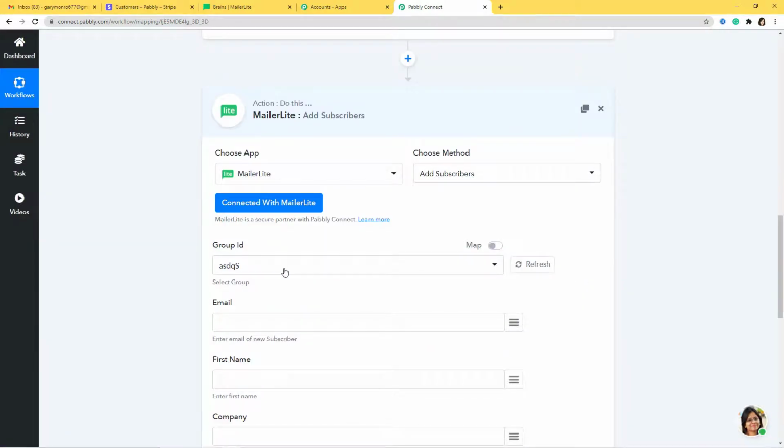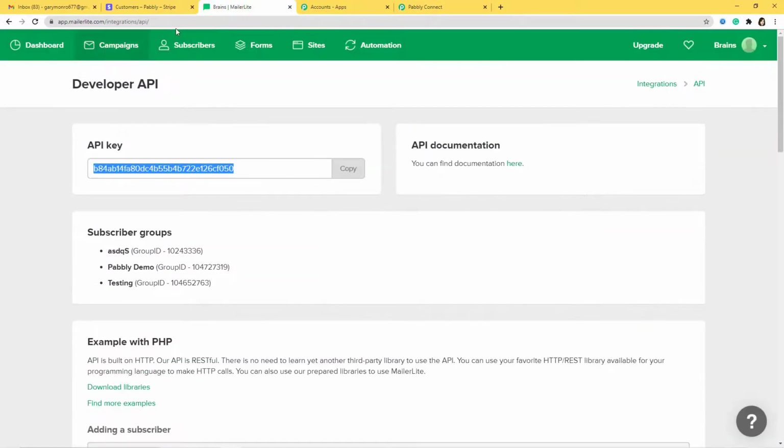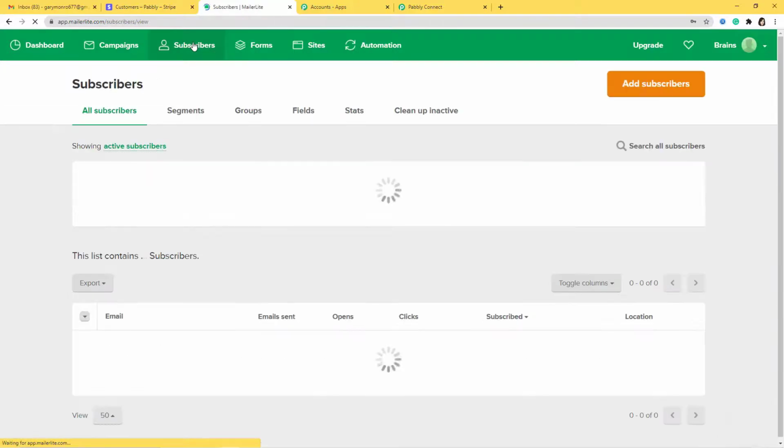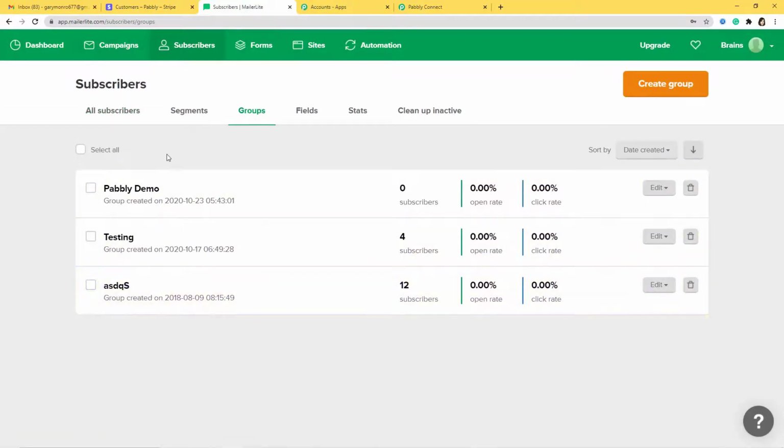Okay, so group ID. This group ID is the group that you have already created in MailerLite. So I'll show you. When you go back to MailerLite, you can go to the subscribers and groups. So you can see 3 groups over here, Pabbly demo, testing and this one. So the goal here is, as soon as a new customer is created in Stripe, I want the customer to be saved in a specific group as a subscriber.